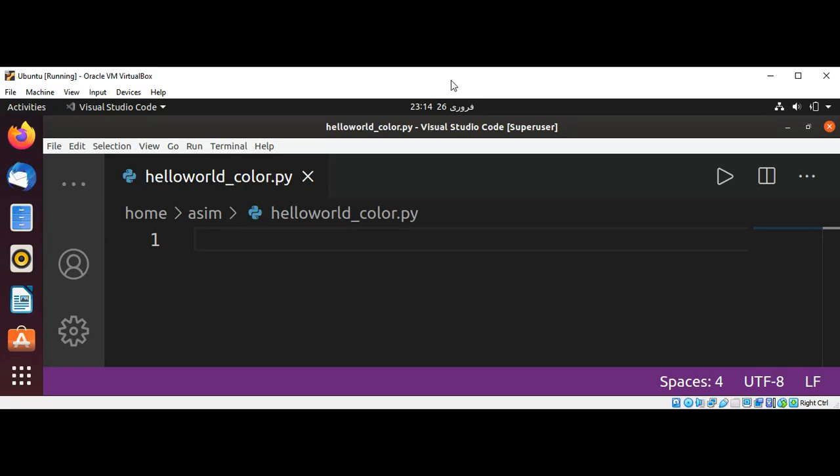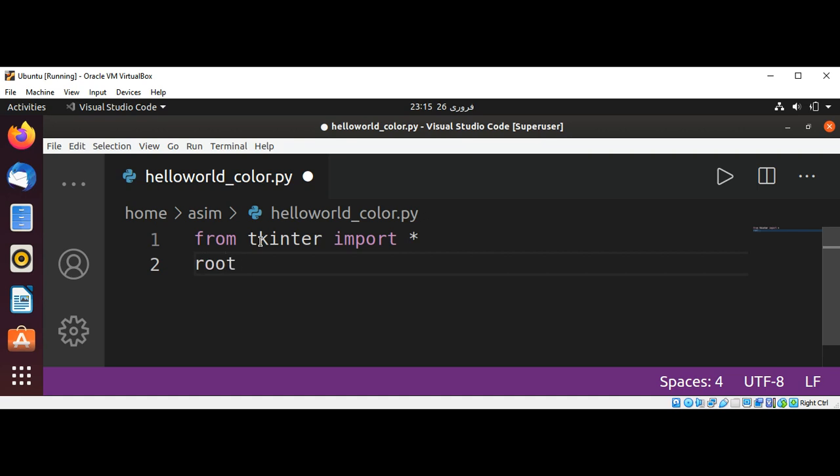In this video, we are going to use Tkinter to write Hello World in color. And first, I'm going to import from Tkinter, import all, and we are going to create our root by calling Tk,